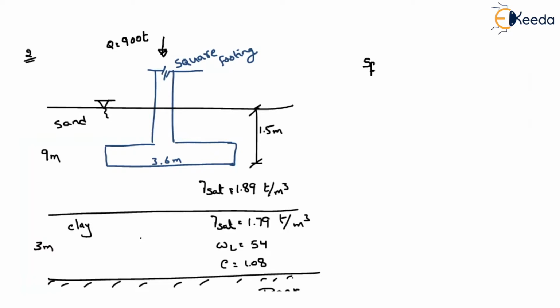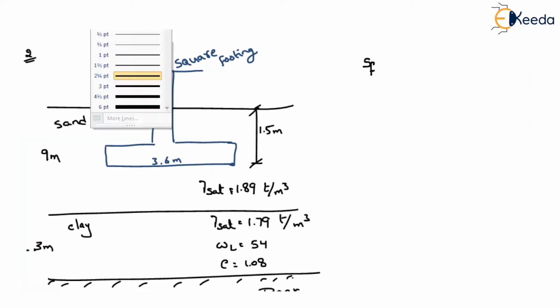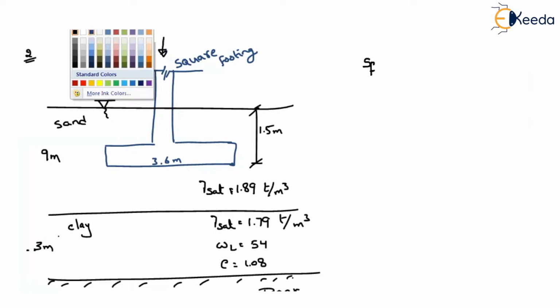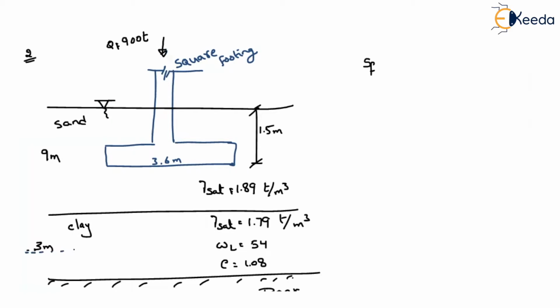So what is the final settlement happening in the clay layer, right? As we have discussed in the theory, if you want to find out the settlement, you have to take all the reference values with respect to the center of the clay layer. So what is the center of the clay layer? As total thickness is 3, from here to here, what is the thickness? 3 by 2, that is nothing but 1.5 meter.